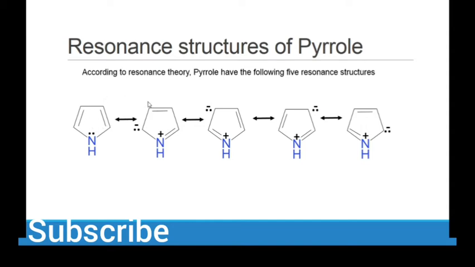You will see that, like in benzene, we draw the structure of benzene and then make a circle inside. It is the same for pyrrole, because there is delocalization of electrons. So there is resonance of pyrrole, and this is the structure of pyrrole. If a compound shows a maximum number of resonance structures compared to another compound, suppose one compound is making 5 resonance structures and another compound is making 4 structures, the compound which is forming 5 structures is more stable than the compound which is forming 4 structures. So you have to keep this in mind.